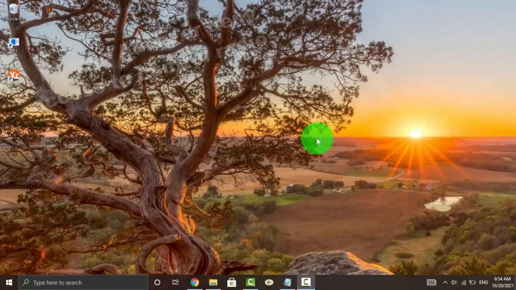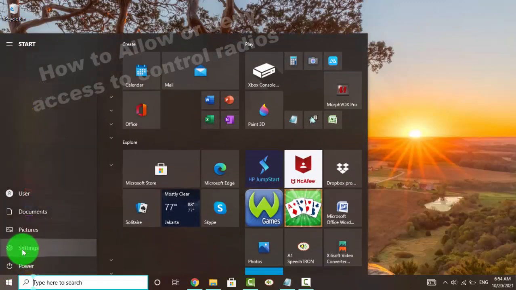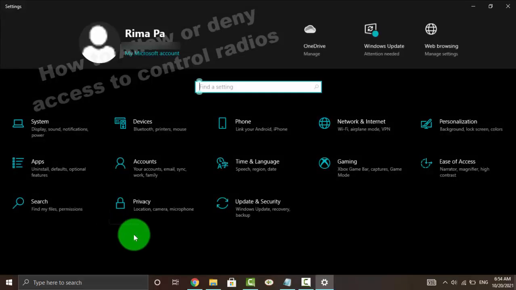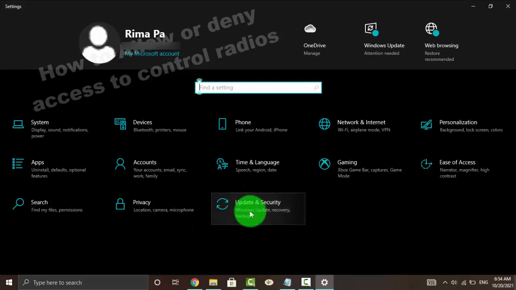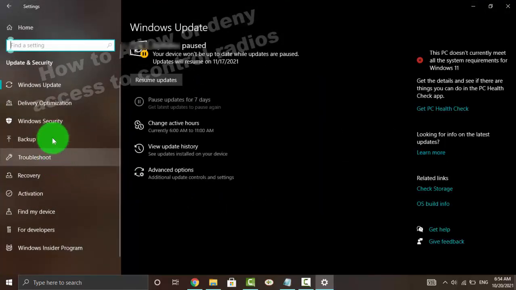To turn on or turn off Control Flow Guard in Windows 10 Home, open Settings. Click or tap the Start menu icon, and then click or tap Settings, select Update and Security, and then select Windows Security,